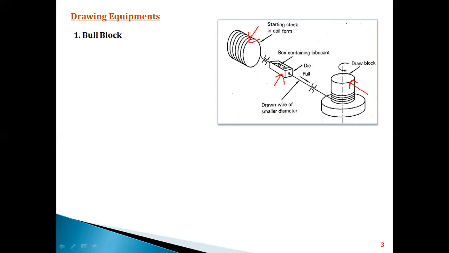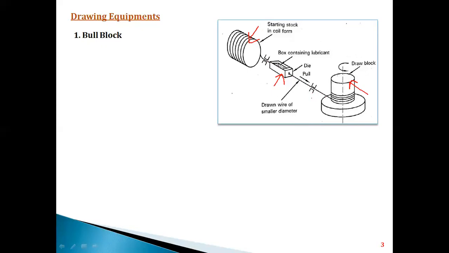Once the process begins, as I told you, first the end portion of the material is prepared, cleaned, and passed through the die cavity to reduce its cross section. Once it is introduced, the pulling force is applied continuously to pull the raw material into the form of wire, by a squeezing action. It is like when you squeeze toothpaste, you can see the toothpaste coming out in a cylindrical structure. Same here, when we are pulling, the raw material is squeezed and comes out in the form of a wire structure or rods also.